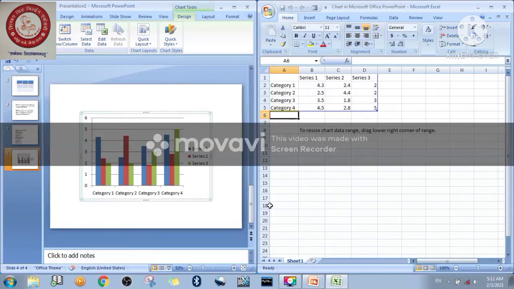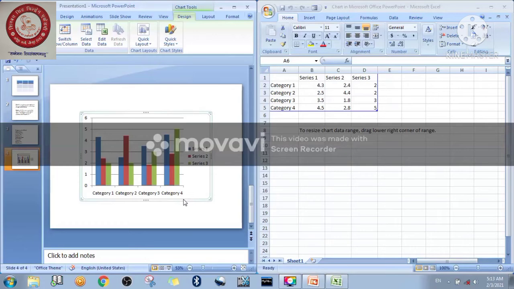Now on the right side, the table is open in the Microsoft Excel application, and the chart appears in Microsoft PowerPoint. Right now you are able to see Category 1, Category 2, Category 3, Category 4. These are already written here.